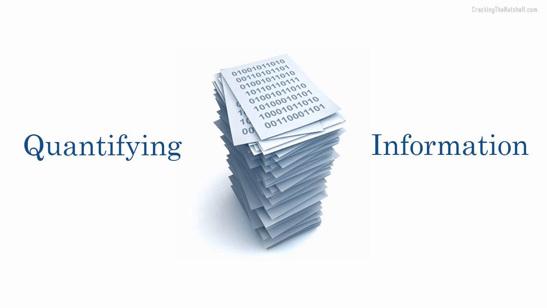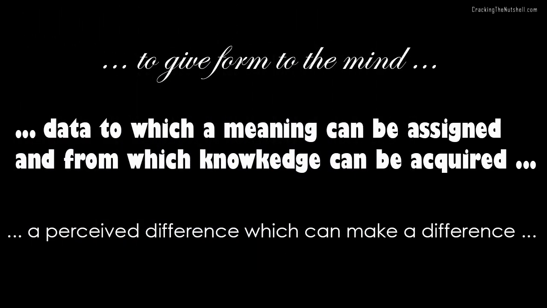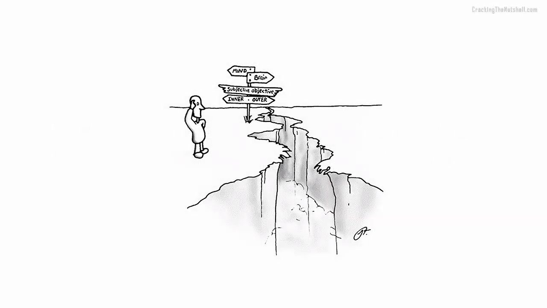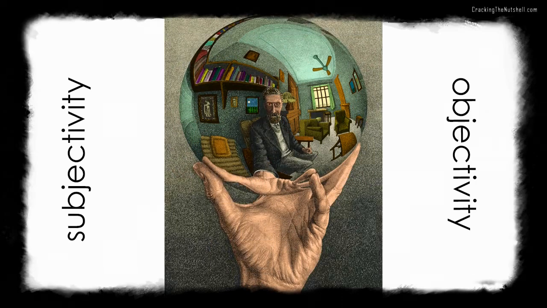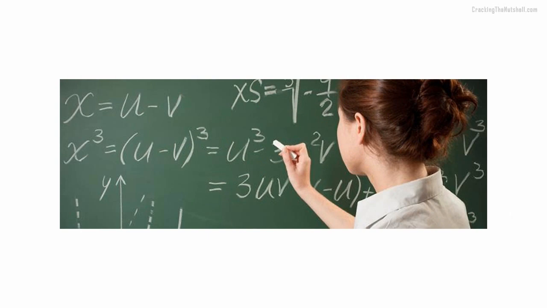Information theory is a branch of mathematics and computer science which studies the quantification of information. As you have probably realized by now, the concept of information can be defined in many different ways. Clearly, if we want to quantify information, we need to use definitions which are as objective as possible. While subjectivity can never be completely removed from the equation, reality is, after all, always perceived and interpreted in a subjective manner. We will now explore a definition of information that is much more technical and objective than the definitions we discussed in the previous video.